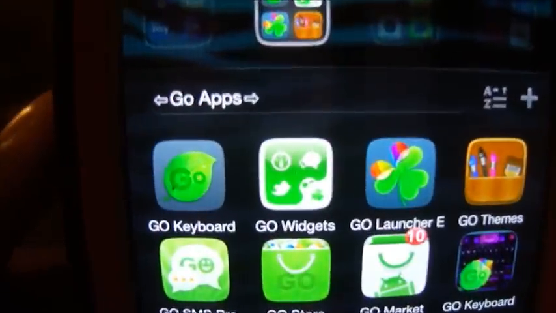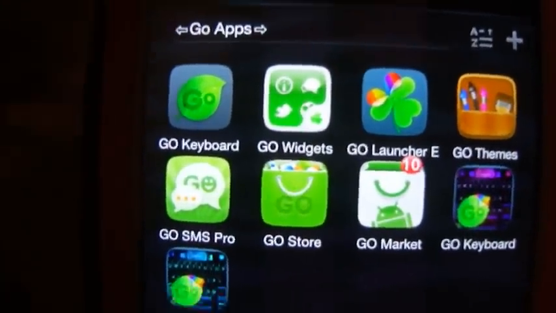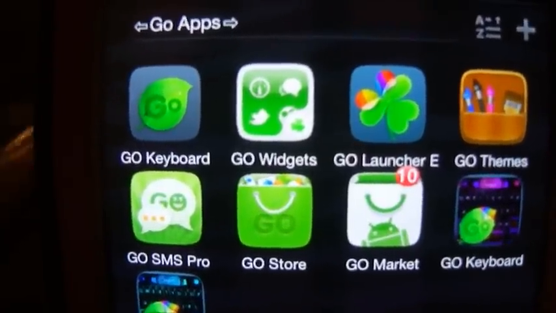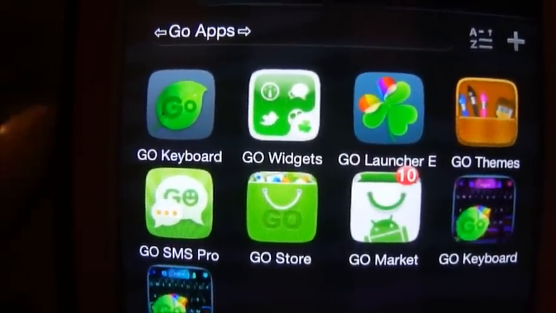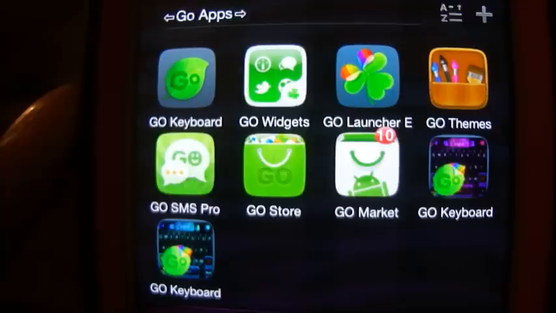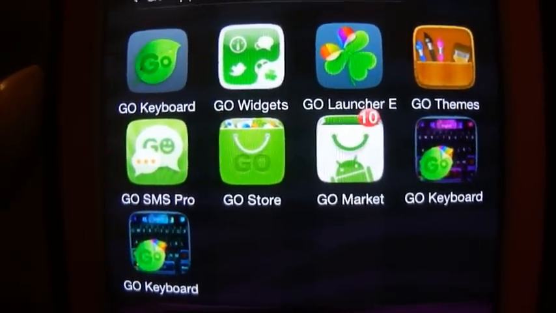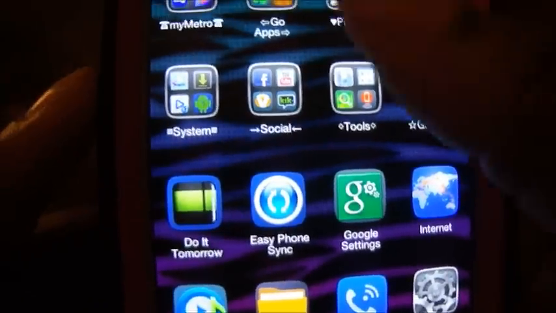Then I have my Go apps, and it's Go Keyboard, Go Widgets, Go Launcher, Go Themes, Go Store, Go SMS Pro, Go Market, and all that Go stuff.